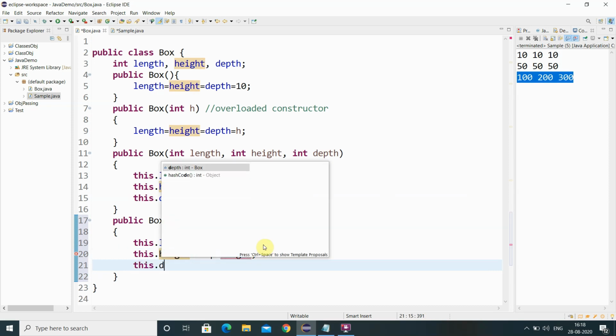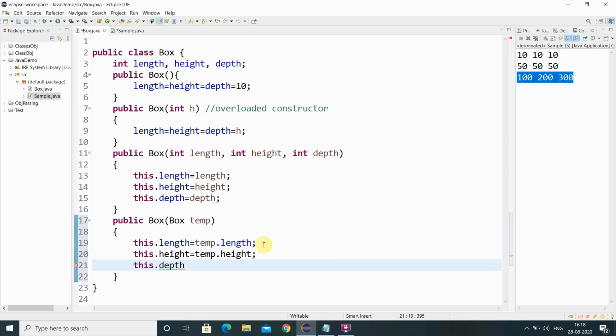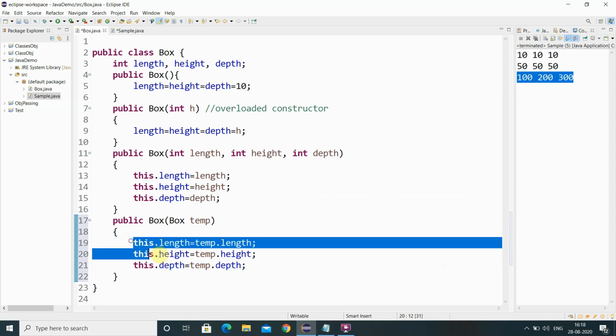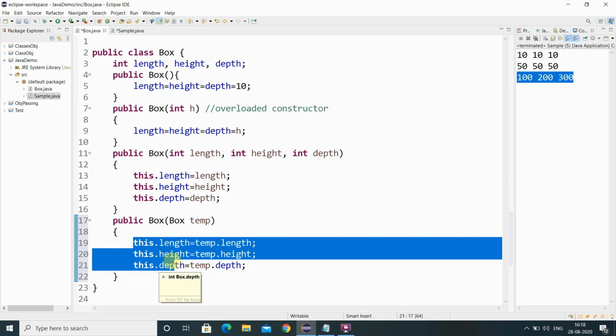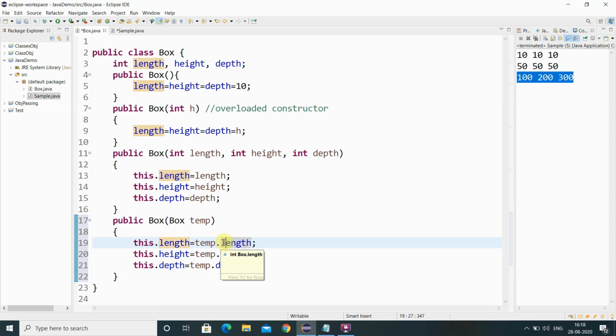Then the depth of the Box 4 I am getting from the depth of the Box 3. So the this keyword is the current instance Box 4. I am initializing through the properties of Box 3. So this is called a copy constructor. So through one object you are initializing another object.